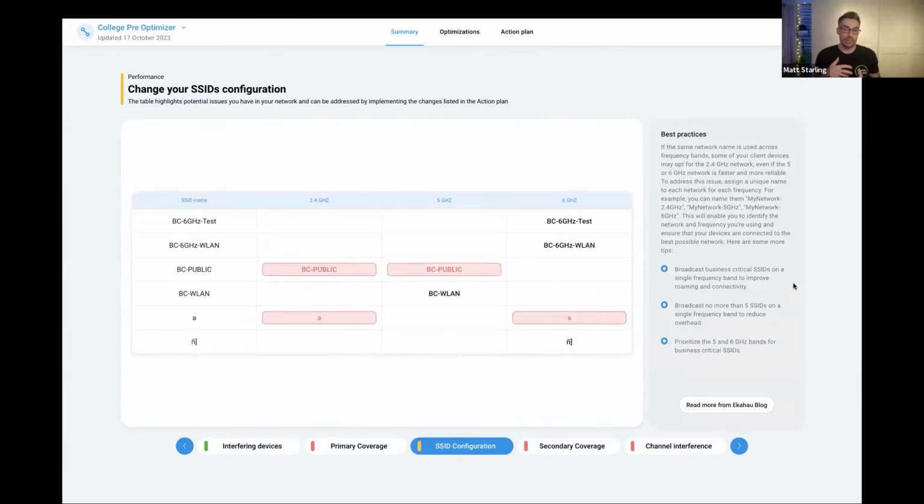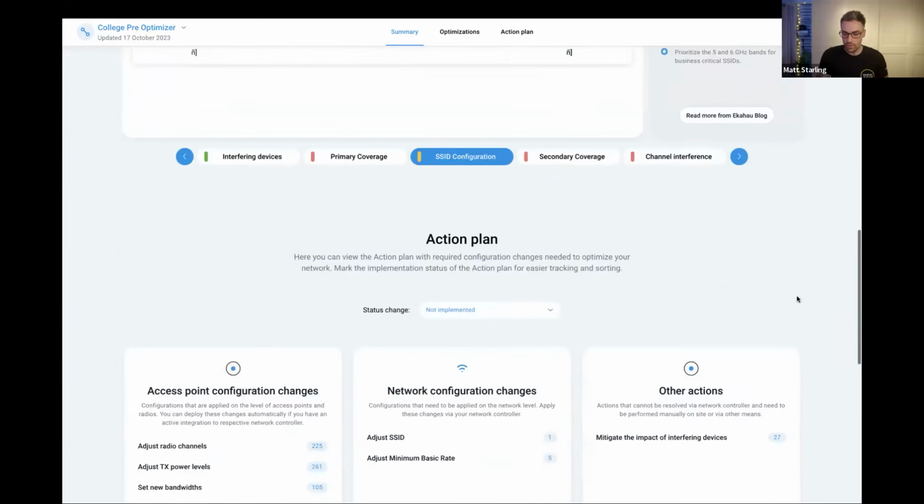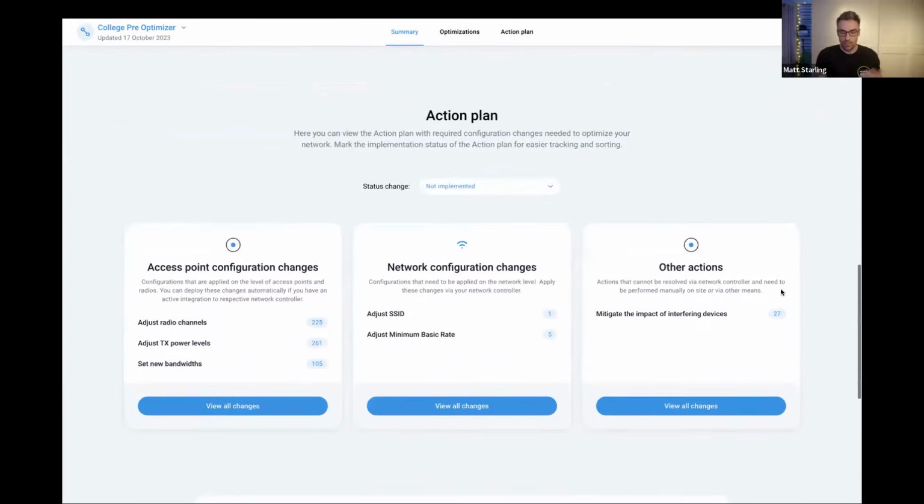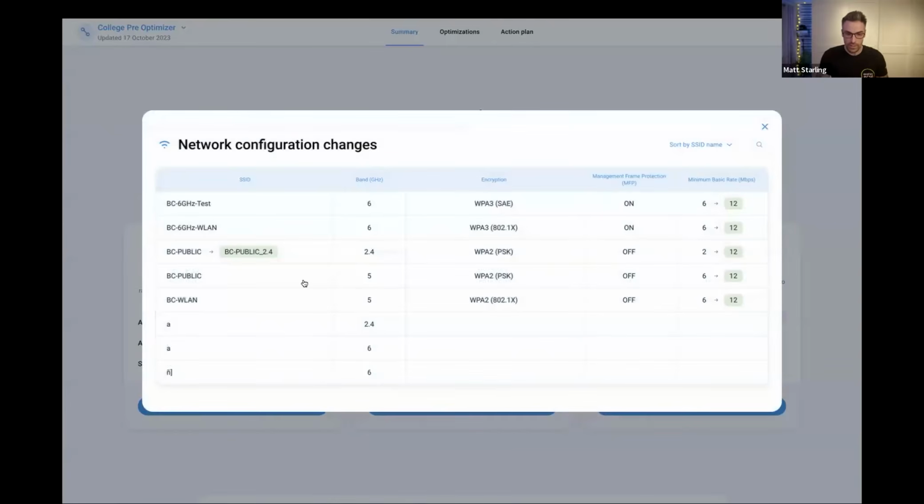5 gigahertz, sometimes your devices may come in that are capable of connecting on 5 gigahertz to your 5 gigahertz network. But then as they roam throughout your environment, they may, for some reason, connect to 2.4, which will be more congested, have more interference, and ultimately poorer performance on the network. So we can see things like that, identify them, and also give you a plan on ways to improve the network. So if I come down to the action plan again and click on view the changes, what you can